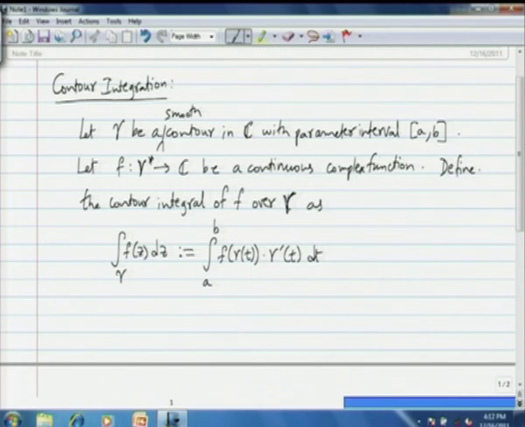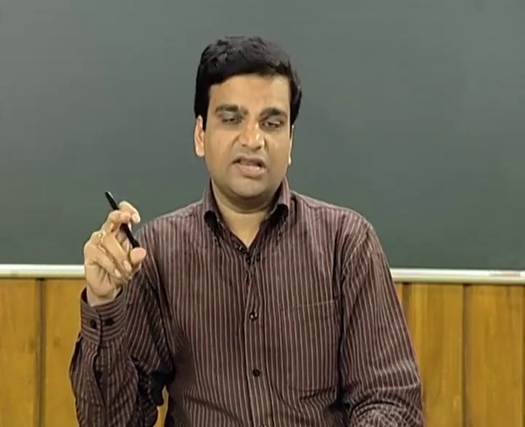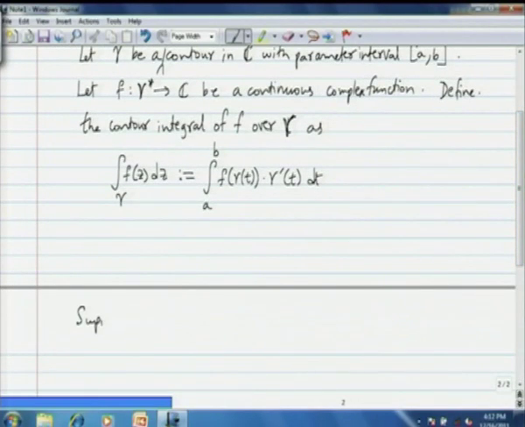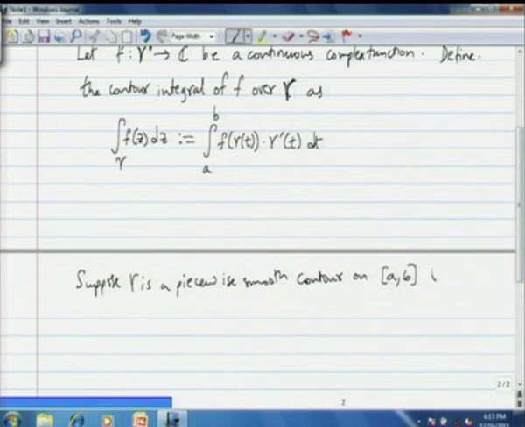If gamma is not smooth all over, if it is piecewise smooth like we have in the general case, then we would define this integral to be a summation over specific intervals, and we break this interval [a, b] into intervals where gamma is smooth. What I mean by that is, suppose gamma is a piecewise smooth contour with the parameter interval [a, b], and suppose that